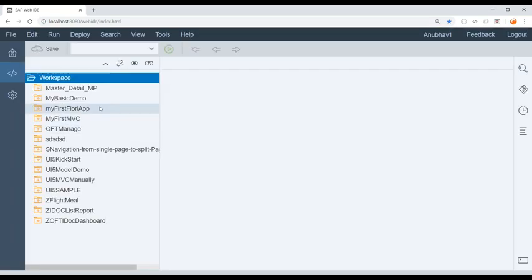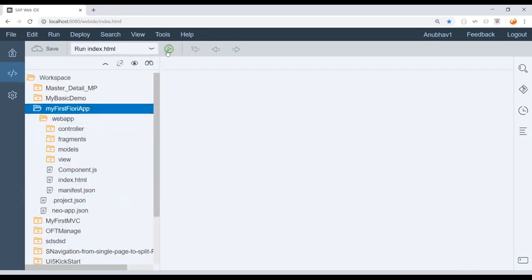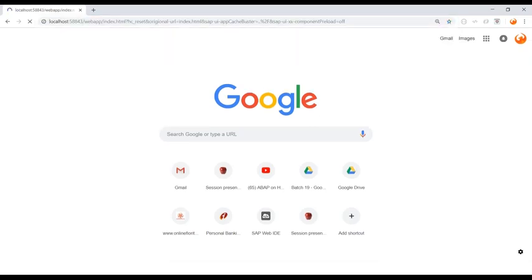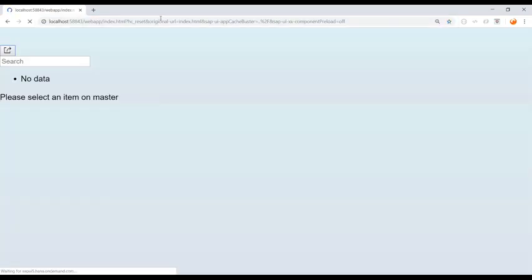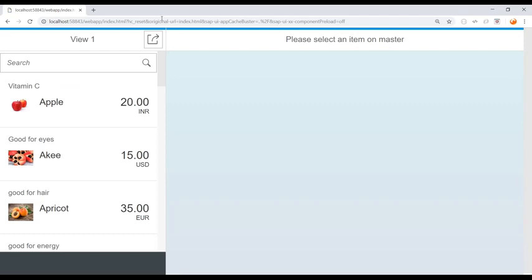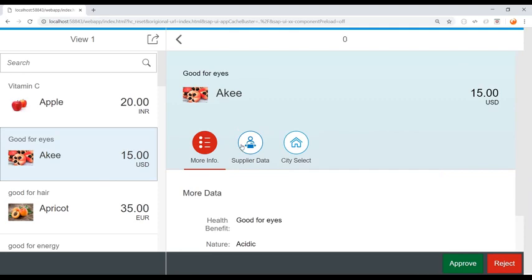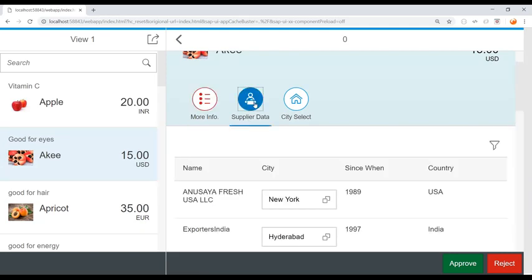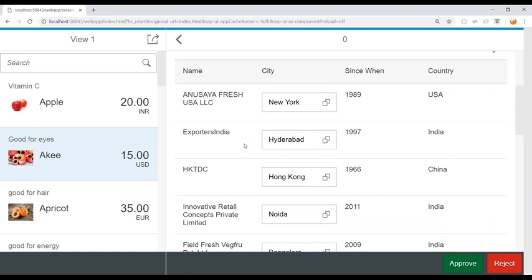And run the application which we created so far. So let me go to the UI5 Fiori app. And this is our application which we have created so far. In this application, you see we are creating multiple views: the main app view, the master view, the detail view, and an empty view. So multiple view objects you are creating statically as part of